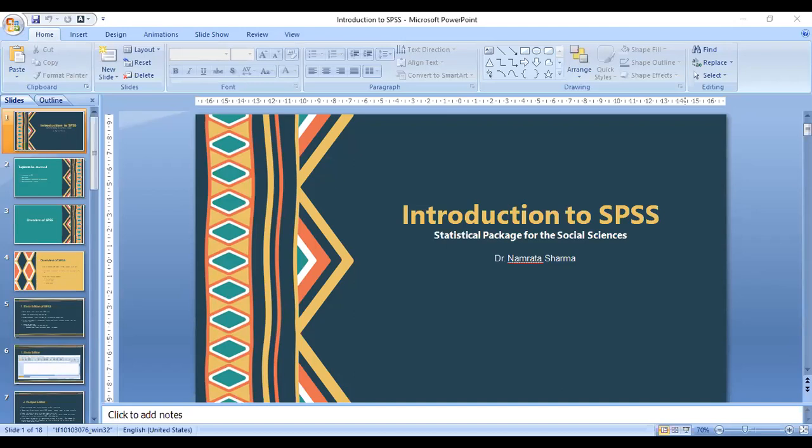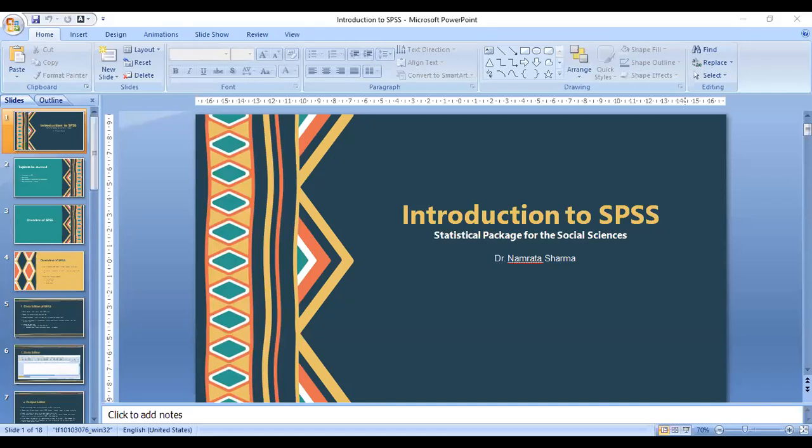We will get into these views a little later. This is how the data editor basically looks, and it has two tabs. Again, I'll open the software and give you hands-on experience of how to navigate all of these options, but for now I just want you to see what it is all about.